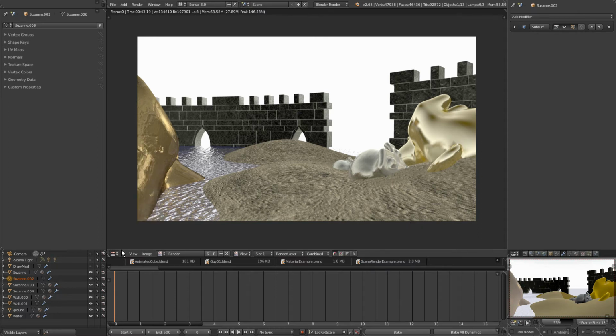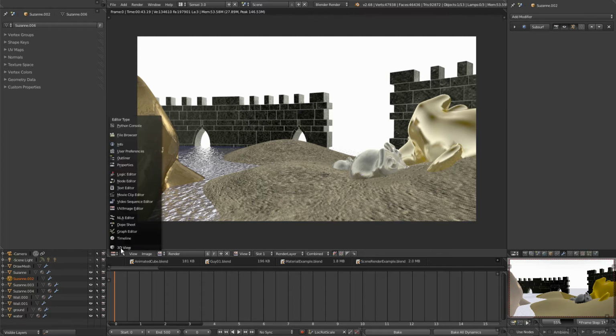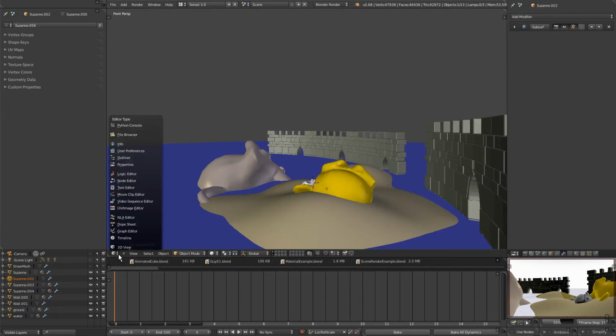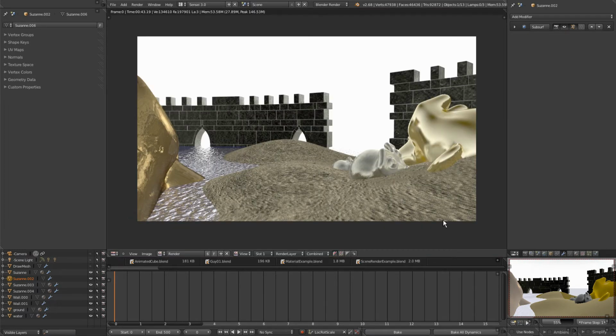Now we can get back to the regular 3D view by either hitting escape, or we can just change this back to the 3D view, or change it back to the UV image editor where our renders are whenever we need to. Directly to the right of here we have a little slider that says 55%, and what this is